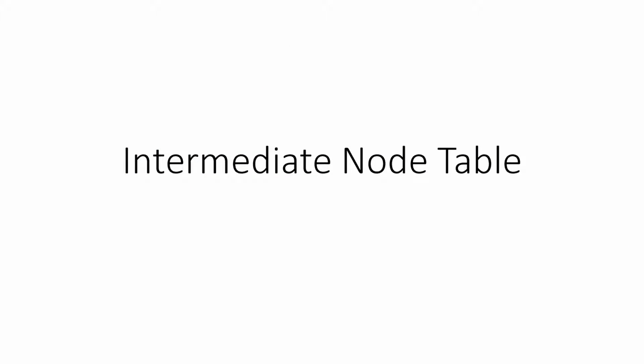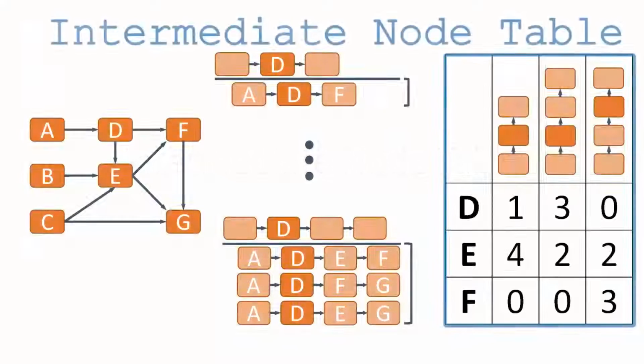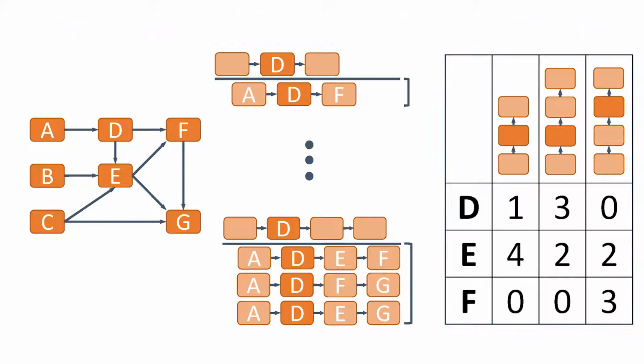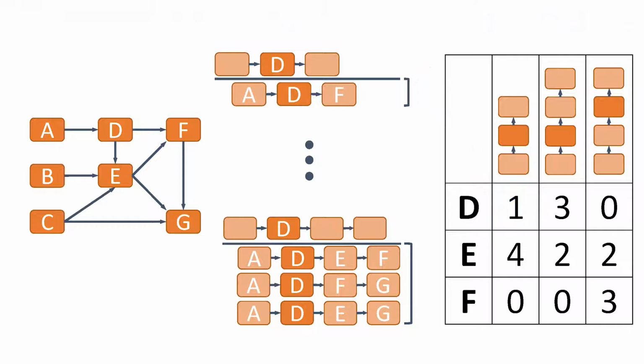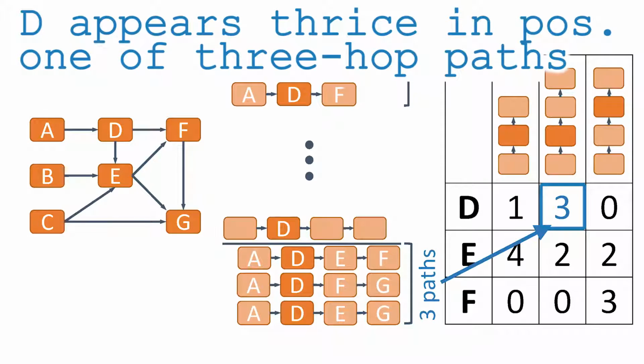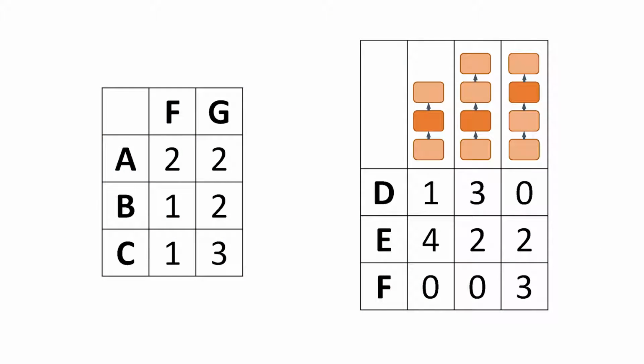The intermediate node table reveals information about the nodes in the middle of the paths. It visualizes properties of path sets for the intermediate nodes while also taking the position of the nodes into account. Here, the node D appears in the middle of a two-hop path exactly once, and it appears thrice at the second position in three-hop paths. These two complementary views summarize connectivity as relationships between start and end nodes and display information about the intermediate nodes